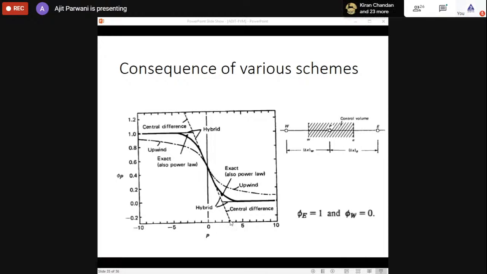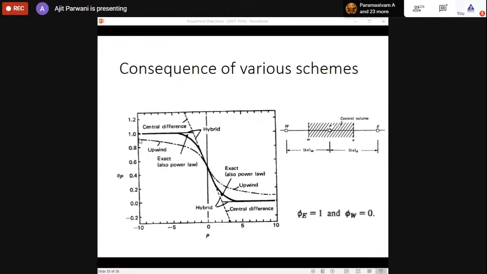But as the Peclet number value increases, and if it increases more than twice of d, then you will have an unrealistic solution. You will see the solution goes beyond this value. Okay, the solution will go above 1.11, and the solution will go less than 0, which is unrealistic. So the central difference scheme will fail if the value of the Peclet number is very high. Peclet number high means the value of f is very high compared to the d.